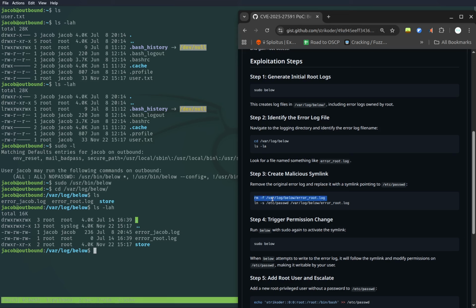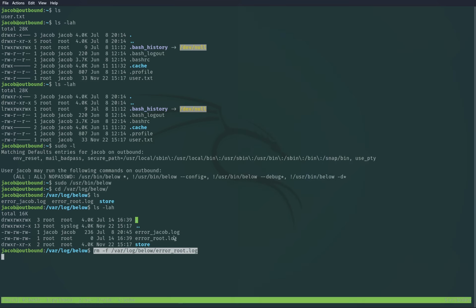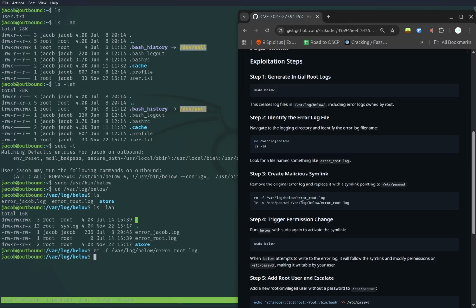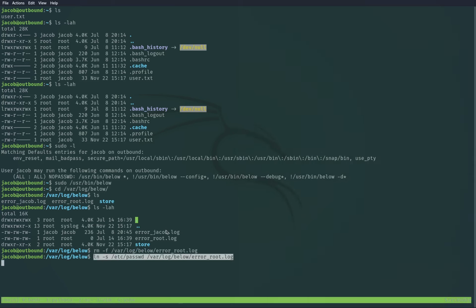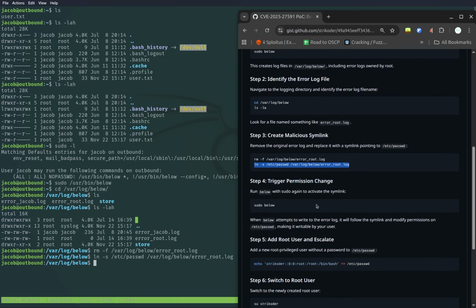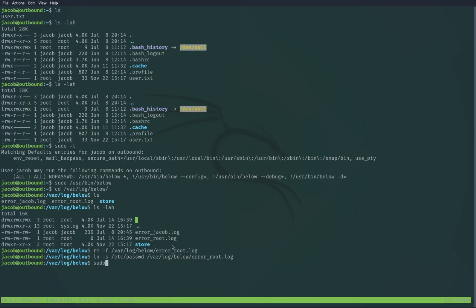So we delete the root one and then make a symlink for the /etc/passwd, then trigger /usr/bin/below again, get out,